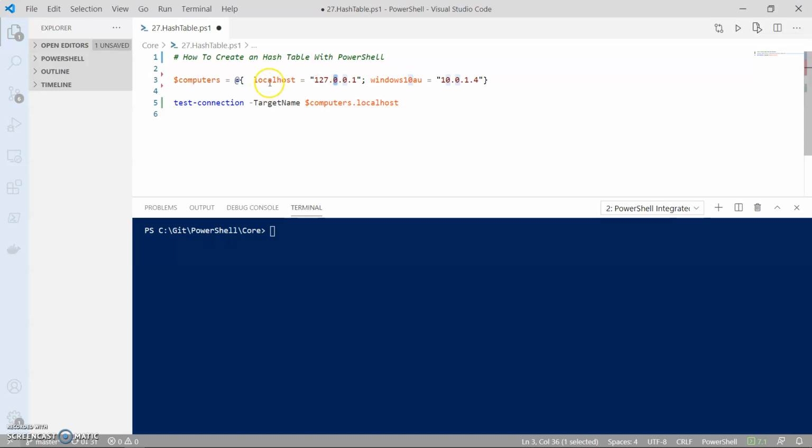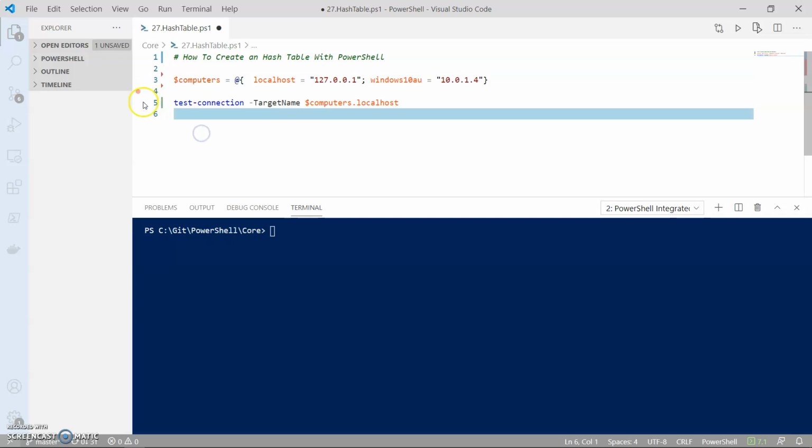So I've got my host name and I've got the IP address of my host name. Well, I'm also using multiple values here. So I've got two hosts. One is my localhost, and there's another host, and all of them are combined into this hash table called